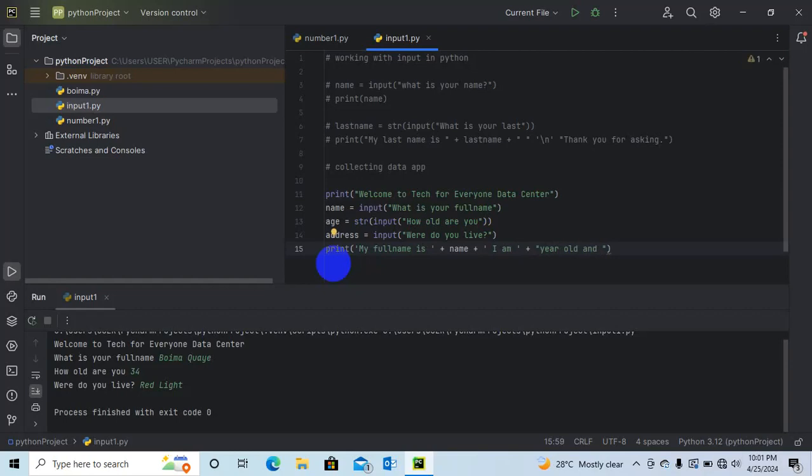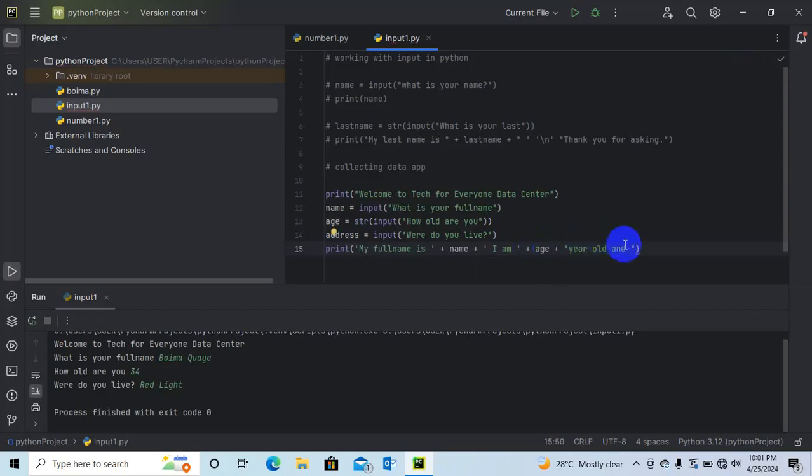So my full name is, that's what appears. I am the age. So you put a plus here, and we haven't put the variable that declares age, so I will put age there. Very good.